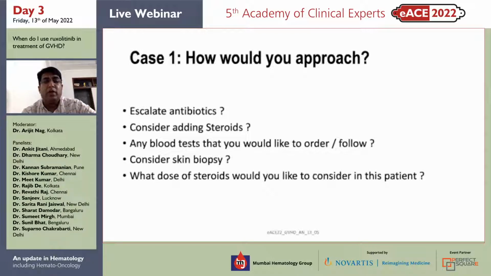Okay. We'll definitely look at the other signs and symptoms of hyperacute GVHD or peri-engraftment syndrome. All the nomenclature has been given, and fever as well as skin rash, two criteria is sufficient to label this patient. This is more or less cytokine storm. I'm sure this patient must be on GCSF also. That is also adding a risk factor for hyperacute GVHD and peri-engraftment syndrome.